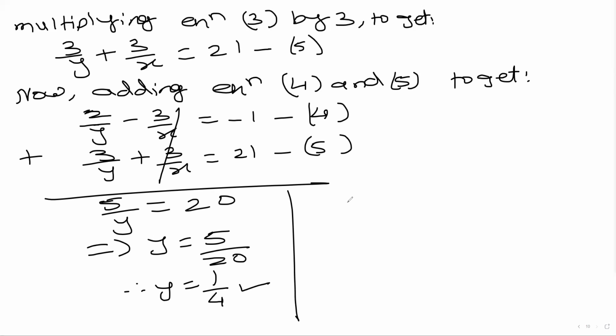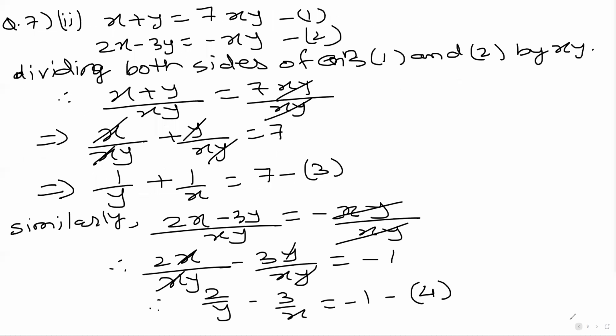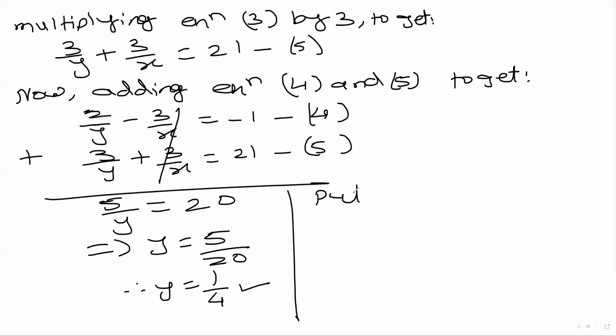Now you have to put this value in any of the equations. Maybe I think you should put it in the original equation 3. I think that will be more appropriate. Or you can put it in original equation 1 also, if you feel. Okay, let us put in equation 3. So put y is equal to 1 upon 4 in equation 3 to get